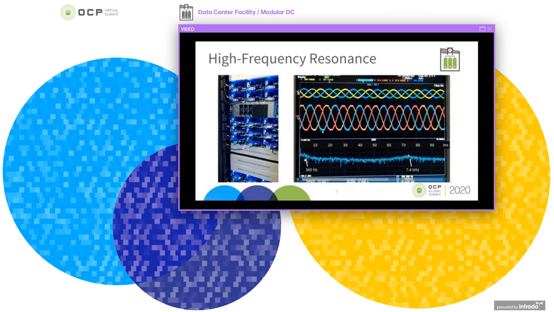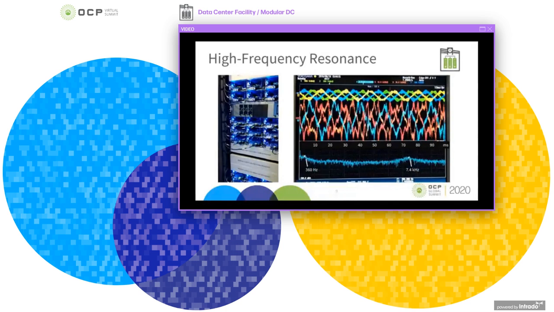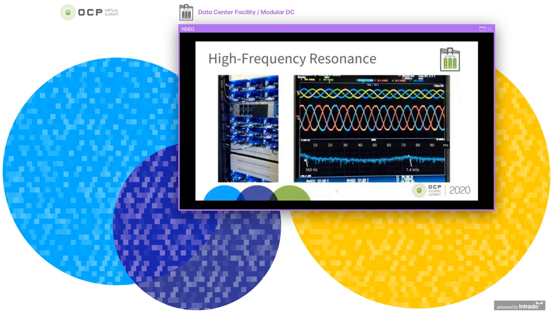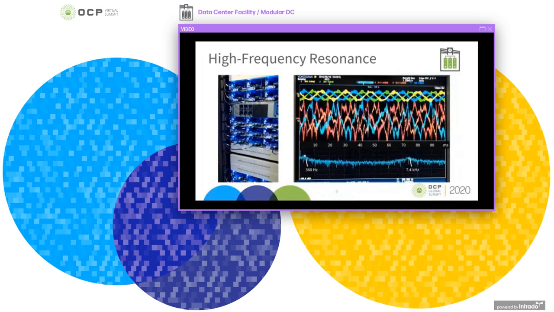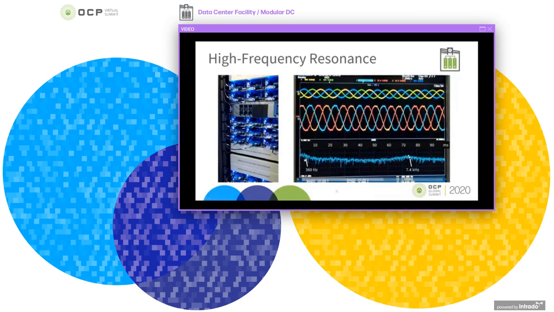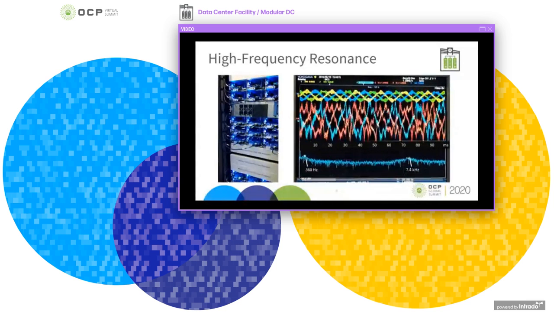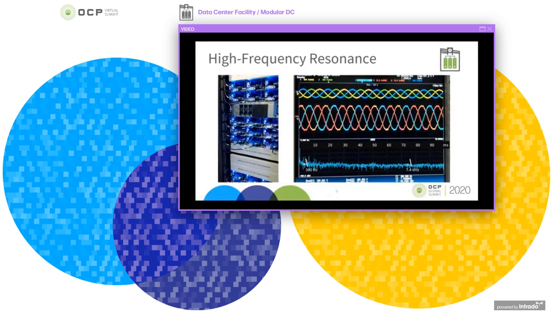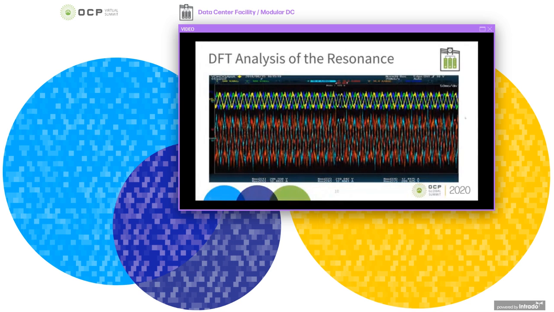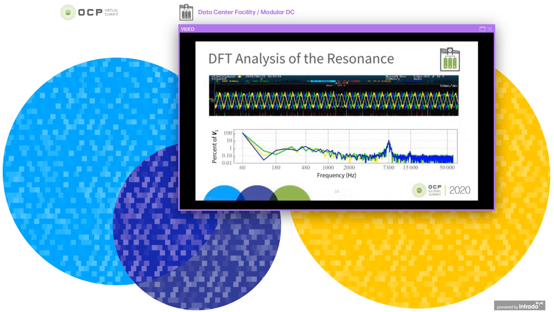In this video, you see that as the operating condition of the data center changes, the distortion in the waveform of the currents comes and goes. This is clearly a high frequency distortion, and from the DFT at the bottom, we see that it's mostly located around 7.4 kilohertz. We took these waveforms and brought them into our computers and did some DFT analysis. The DFT analysis of these voltages actually confirms that most of the resonance is around 7.3 kilohertz.